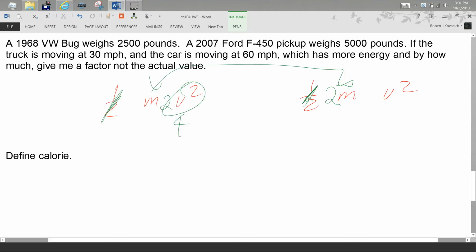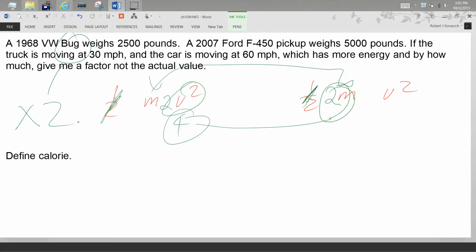So then my answer, I've got a 2 over here and a 4 over here, so what's my answer? The bug has twice as much energy in this particular case, right? So here's an instance where you'd rather be hit by the pickup truck than by the VW bug. And then in the last one, you'd rather be hit by the bug than the pickup truck. Not that you want to be hit by a car, but